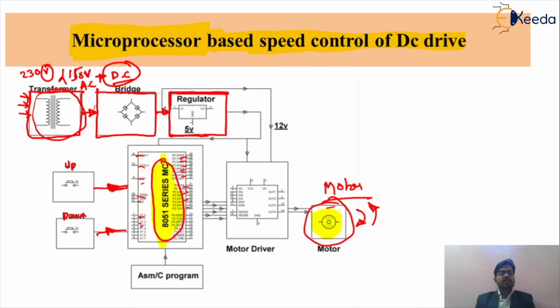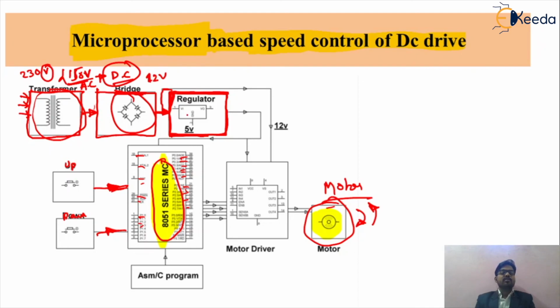So friends, as shown in the figure, this is called a bridge rectifier. What is the function of your bridge rectifier? The input signal which we get from the transformer will be converted into a DC supply, that is, the AC voltage is converted into DC voltage by means of this bridge rectifier. After the bridge rectifier, there will be a device called a regulator. What will be the function of your regulator? The regulator will regulate the voltage, because the 110 volt supply will be regulated depending on our requirement, that is, the 12 volt supply.